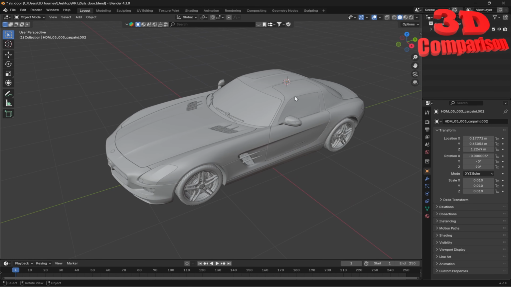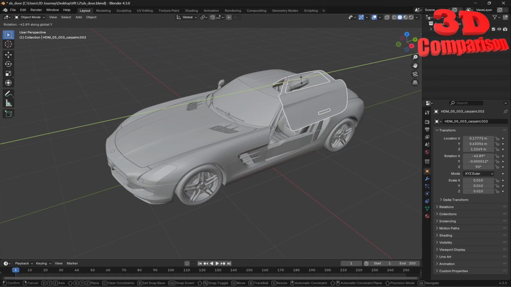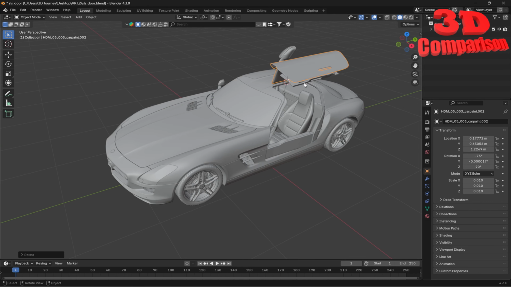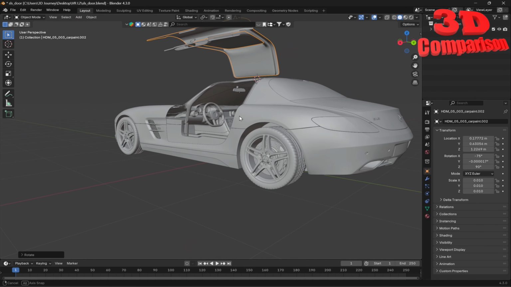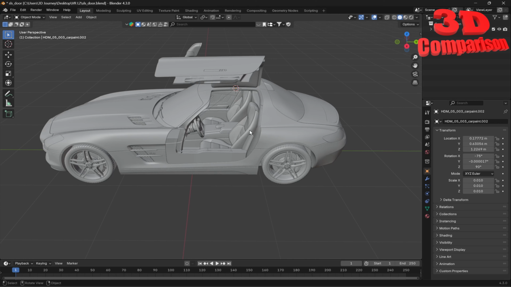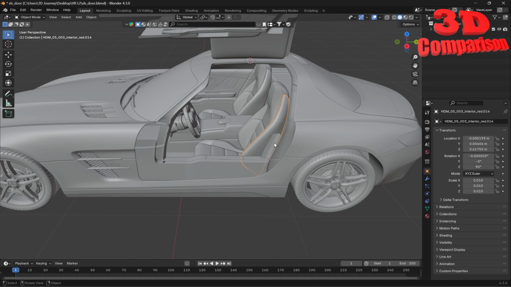Now, this is a 3D model. As you can see, if I select the door and open it on the y-axis, I can rotate the door like this. Now, since we want the chairs to be added within CATIA as individual components, we're going to need to also